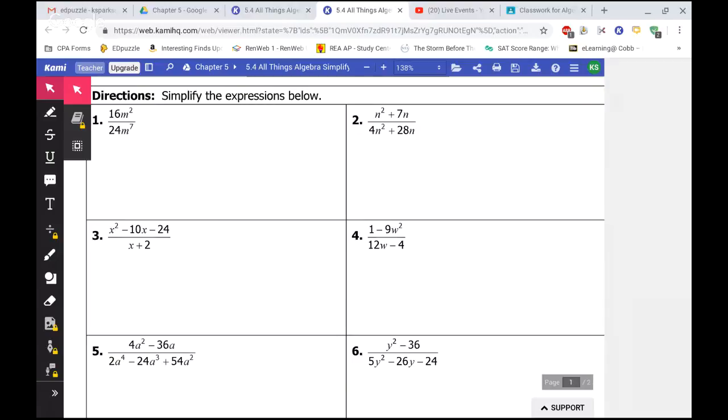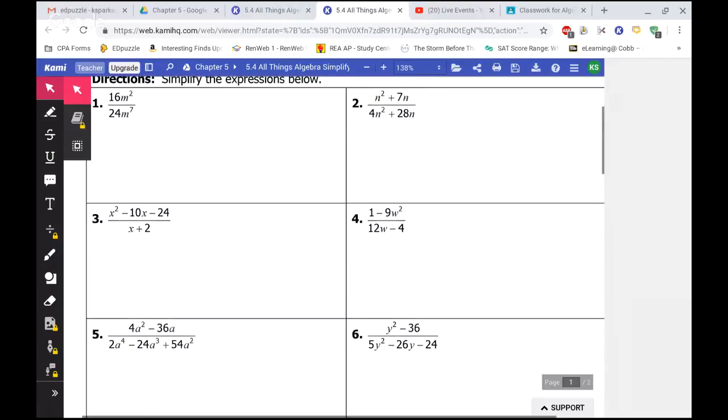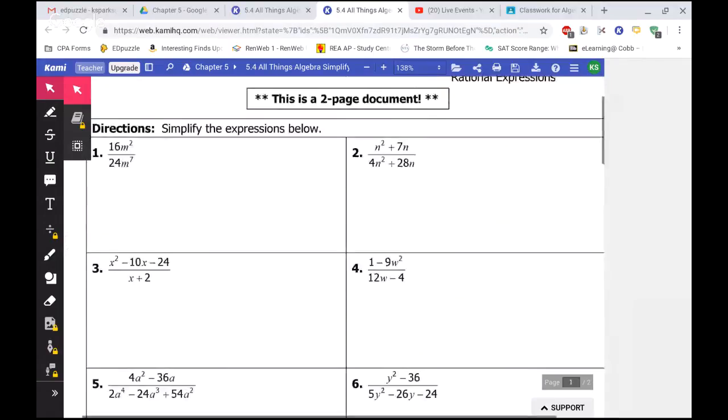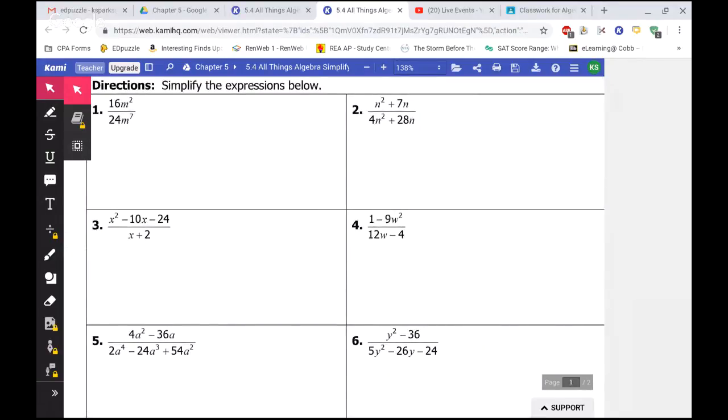Okay, I'm going to begin doing some of the homework problems, some examples. I'm going to try to do one or two from each section for you guys. I'm going to start with